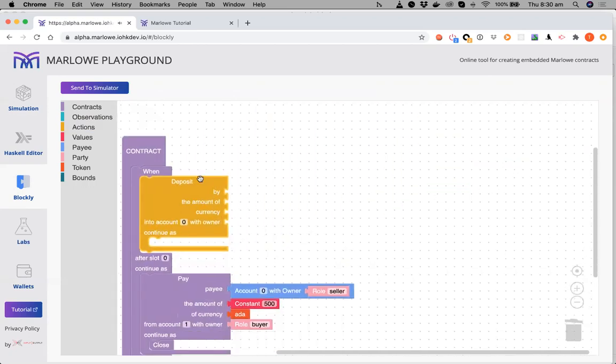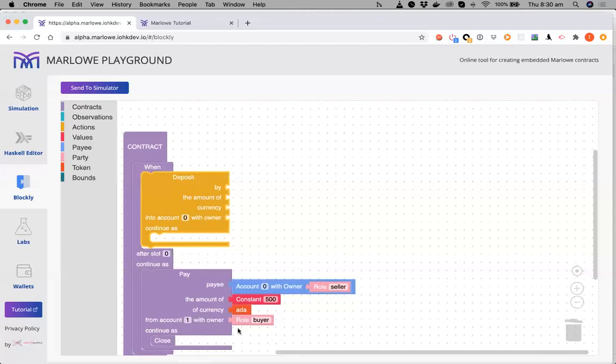And again, the deposit is by, we would expect it to be by the buyer. One thing I've noticed that I found quite useful is you can duplicate these. You can just right click on the puzzle block and duplicate it. And then this amount is, so I'll just duplicate these. So when the buyer deposit 500